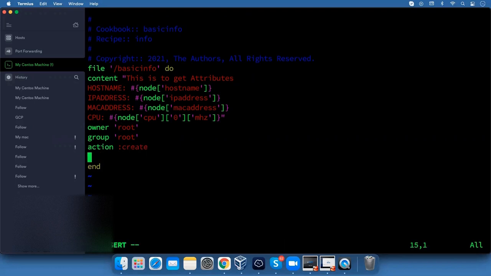Press I for insert and again execute. The command is, this is the code you can copy from the description.